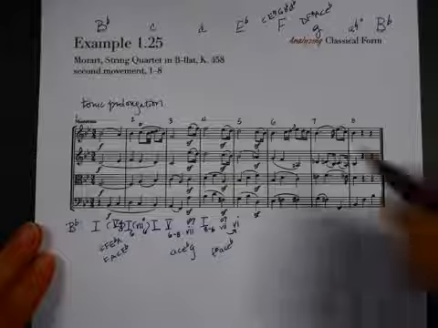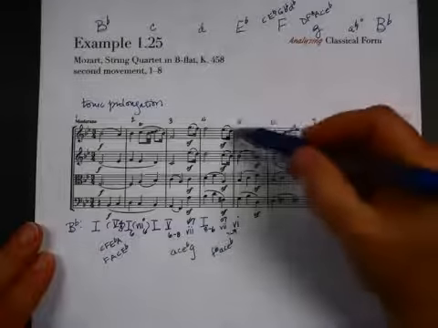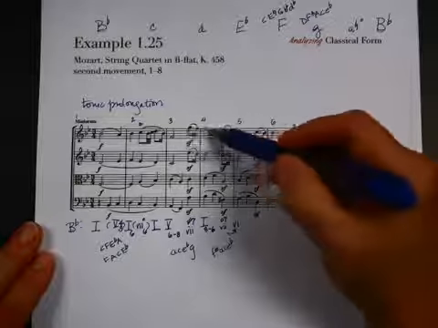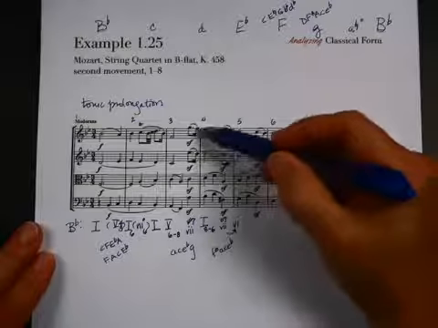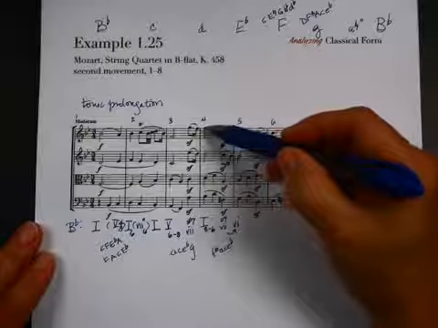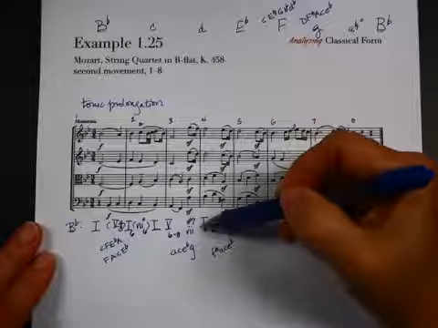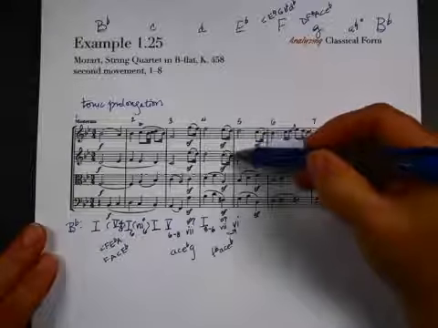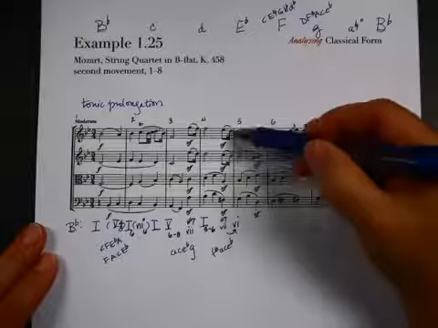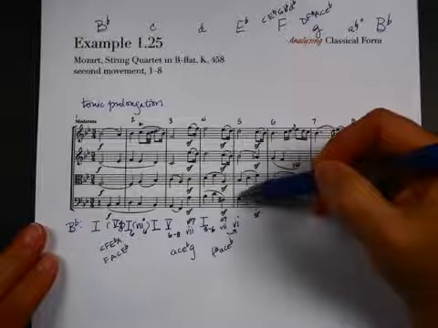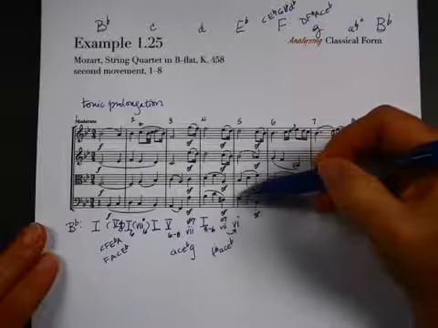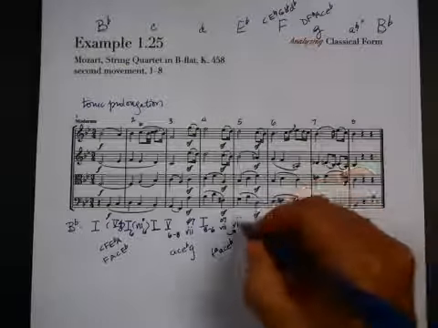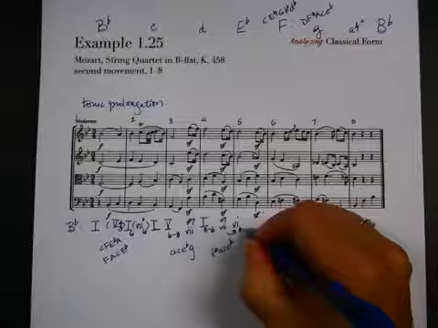Another aspect to notice here, the 16th notes at the very end of the measure are anticipations. It occurred going into measure 4. The D and the F were anticipations to participate in the tonic chord that arrives on measure 4, and similarly the D and the B flat at the end of measure 4 anticipate the arrival of the G, B flat, D at the downbeat of measure 5. So some nice anticipations. The G minor chord arrives first of all in root position and then moves into first